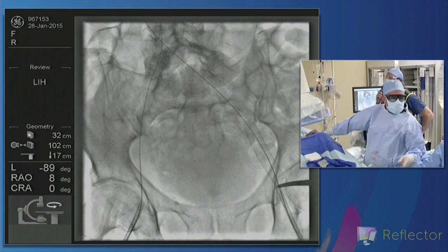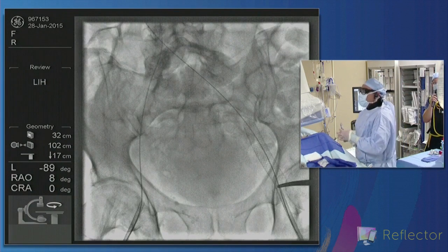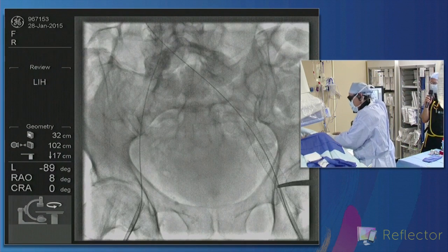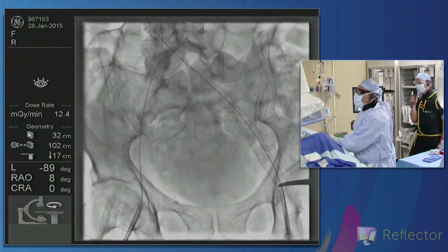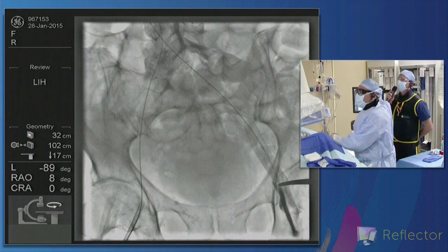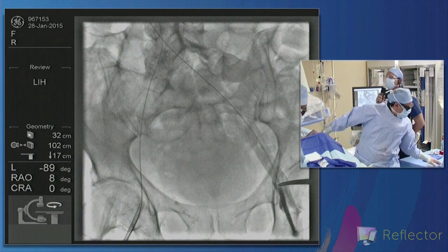Maybe, what do we have, a 16 balloon? I think it's a good point. We talk about May-Turner, but that's just one of many compressive syndromes. As Gary said earlier, May-Turner was described classically on the left side, but you can get compressive syndromes on the right side. You can get compressive syndromes in the external iliac. So before doing that, just give me the inner portion. I just want to get back into the...